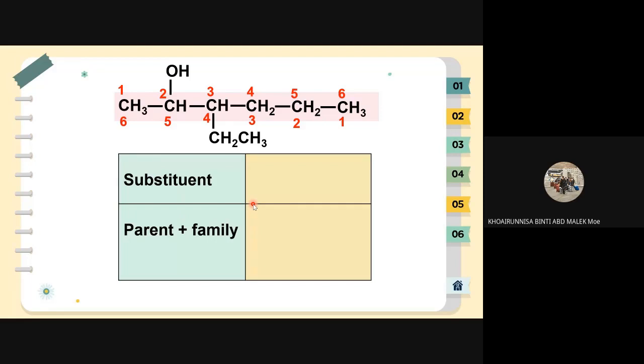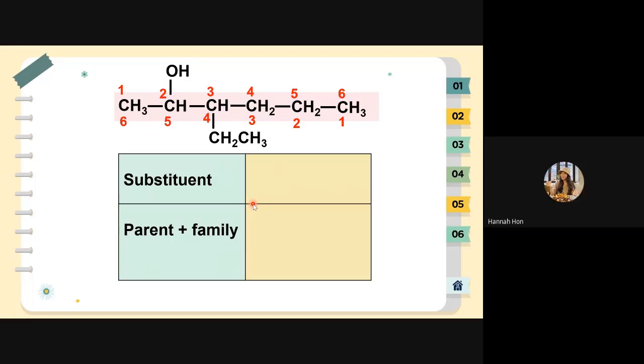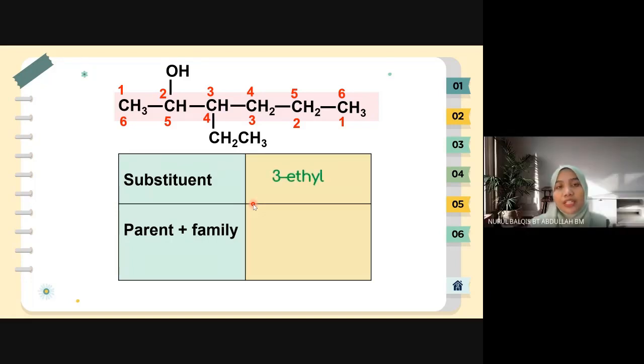Ethyl. Okay, where is the ethyl located? Carbon number 3 or carbon number 4? 3. So nama dia 3-ethyl only for your substituent. Your parent belongs to hexane. But then since you have this OH as an important functional group attached to carbon number 2, what is